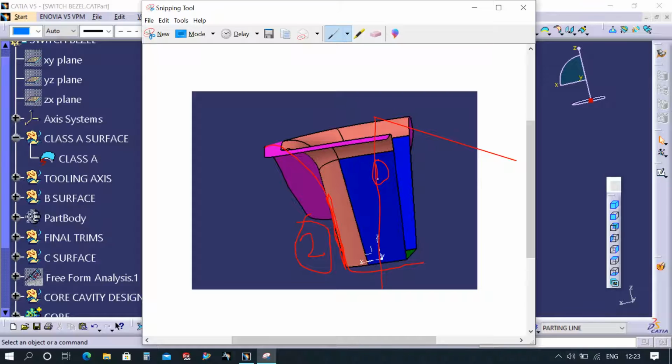So now you take these two lines and use the line tool to get the bisecting line of line 1 and line 2. You will get one line somewhere here through the origin. Now you take this line and line 3 and line 4, and you will get one main tooling axis bisecting those two lines. This will be your main tooling axis, right? That big one.